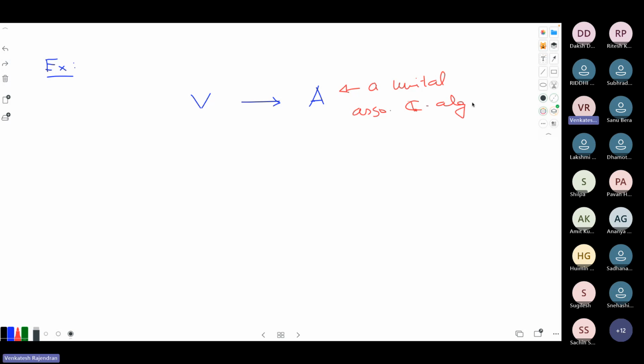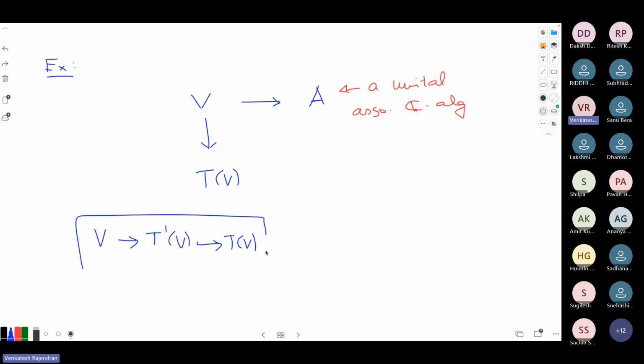So you already have a natural map from V to this T of V, by taking V to T1 of V. So there is this natural map from V to T(V), and it actually sits inside T(V). This is the map that we are talking about here. Let's call it iota.